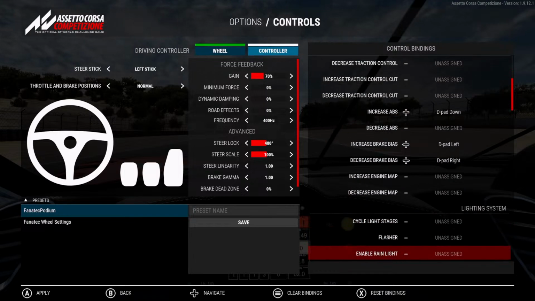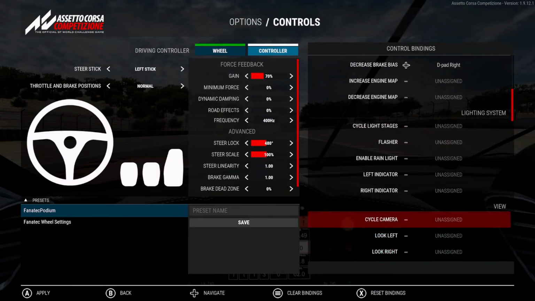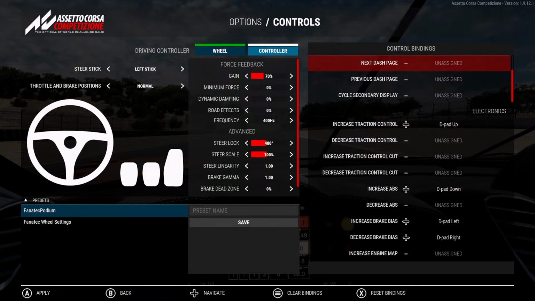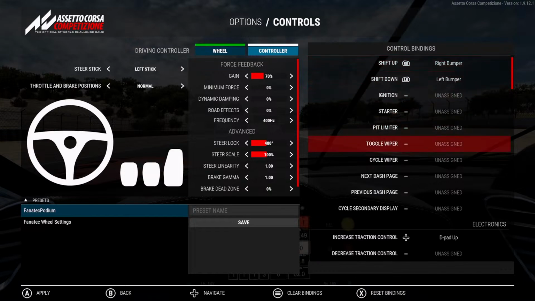Cycle through camera. A. So now that leaves X, which I know X is pit limiter.